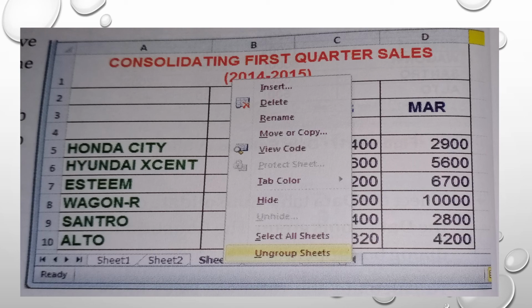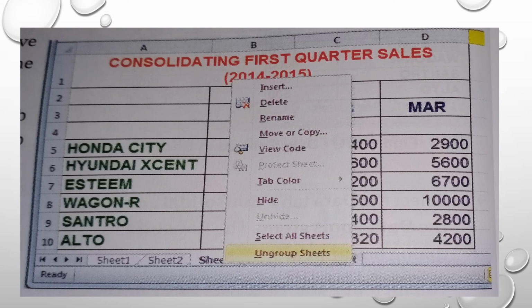Release the Shift key. Note that all the three worksheet tabs have become white and the word Group appears in the title bar. It indicates that Sheet 1, Sheet 2 and Sheet 3 are grouped together. Enter the data in the grouped worksheet 1.